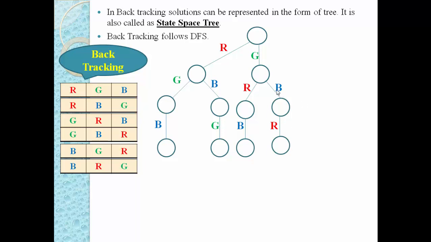This is our blue object, so still we cannot explore, so we have to just go back. In place of green we can use our last option, that is blue. Now explore this node. Our next option is the green object, and the last one is the red object. So our sequence is blue, green and red.